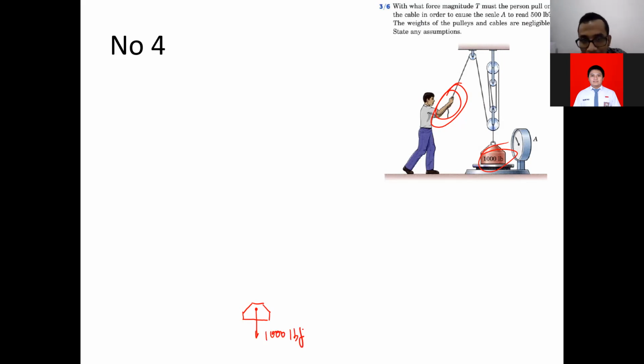Okay, and beside that, the reading of the machine is actually coming from the normal force here. The normal force from the weighing machine. And beside that, there is a tension here. Okay, I name it as T1. So basically this is the free body diagram of the weight there, the free body diagram of this particular system. Okay, in order for us to solve for this particular problem,